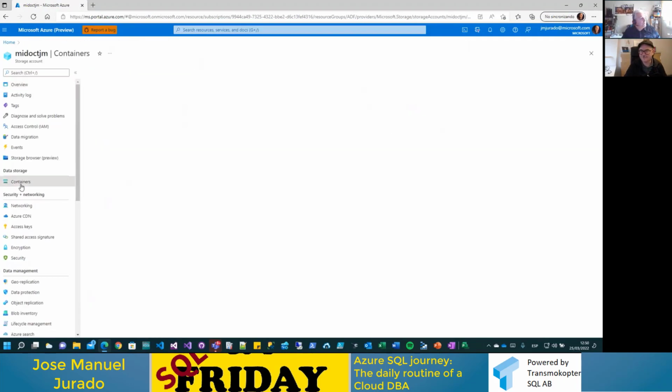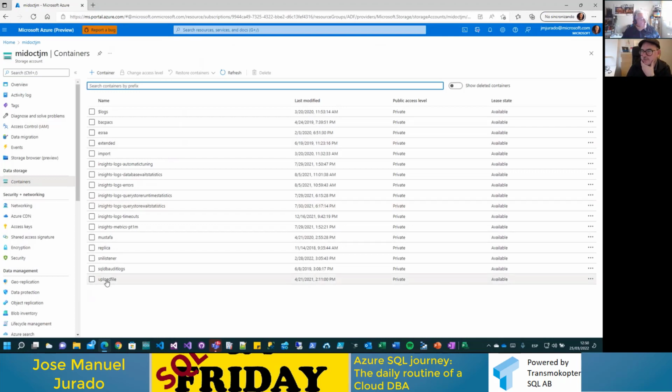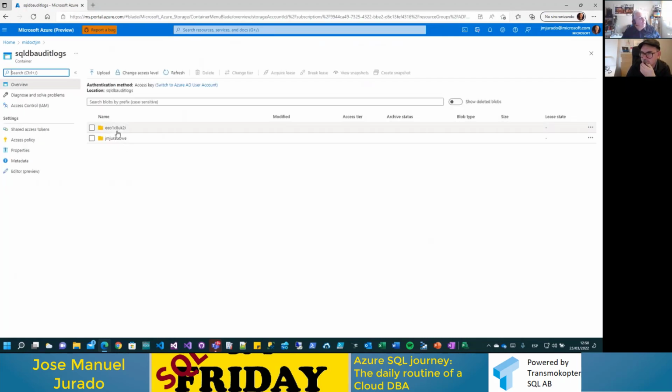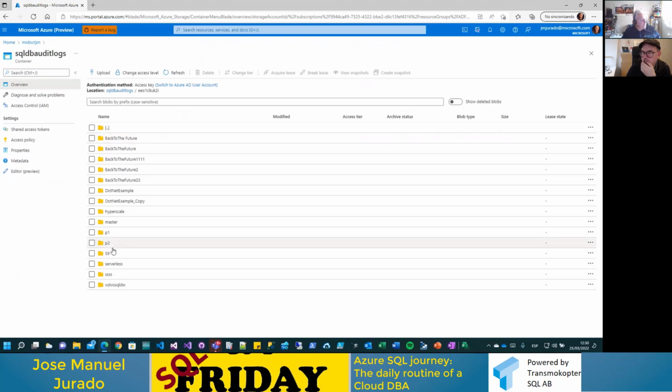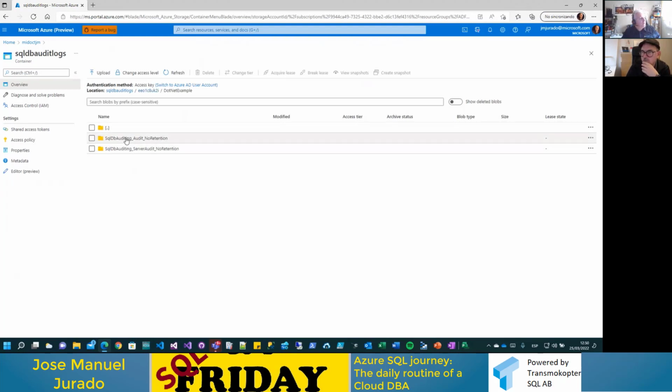If I go to the containers, at the end, you are going to recognize the file, it's dot example here. It's an extended event. So at the end, you could download these extended events and you could see what happened with your database. So I could say that it's part of the SQL profile trace, of course.